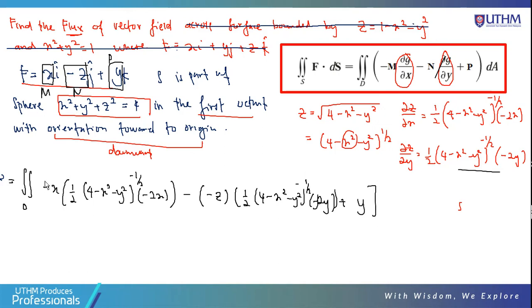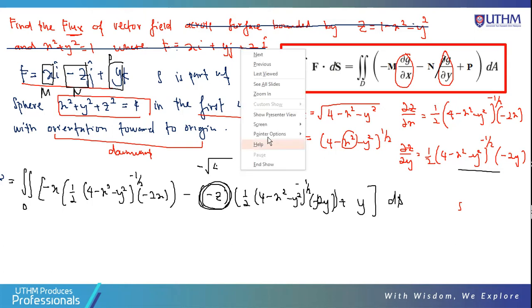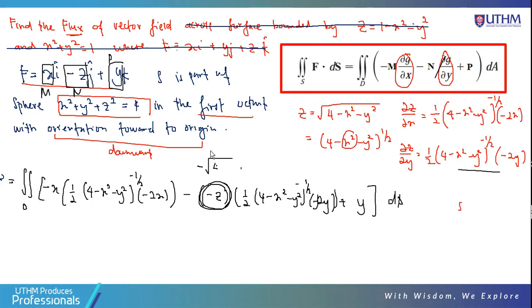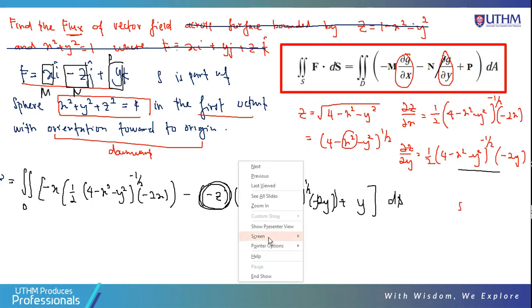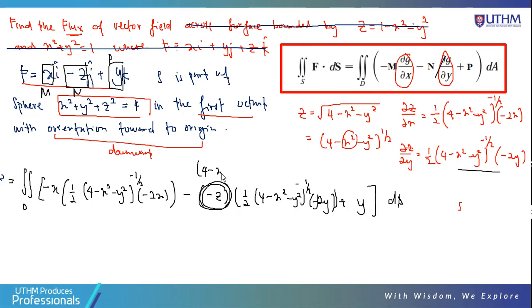Okay, this one you need to multiply with dA. But you need to look here, this one is z, negative z. So must be careful. So you need negative z, negative z equals negative 4. It's easy like this. We don't need to set up because we already use 1/2. With 4 minus x to the power 2 minus y, 1/2. Z is just a substitution. So this can cancel. Okay, so you simplify, and then when you simplify you will get